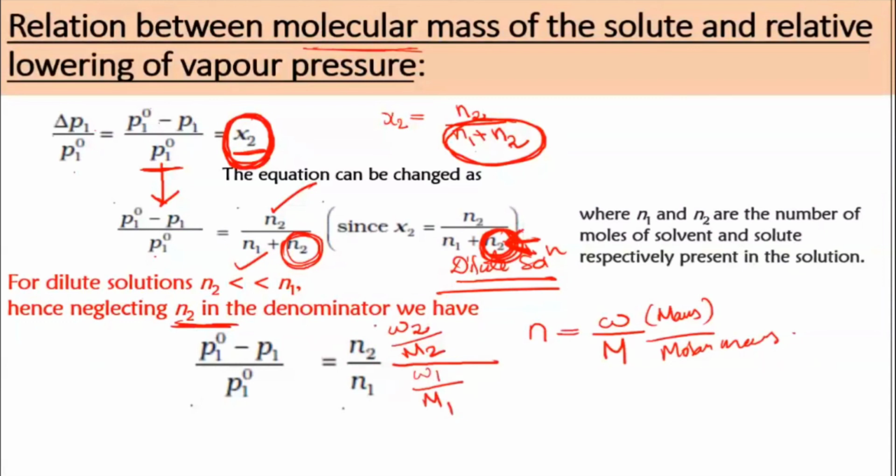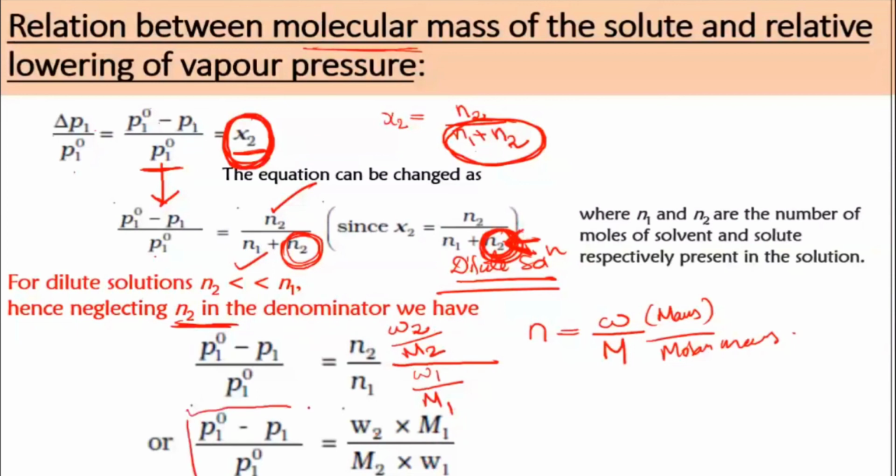So I have just substituted here. When you rearrange this, your equation will come out like this. W2 will stay up, this M2 will come down, and then this M1 will come up when you rearrange and write. Remaining down will be W1 in the denominator. So this will be the equation you are going to get in terms of molar mass and mass. This will be your final equation. This can be used to calculate the molar mass of the particular solute which you have added. That's how relative lowering helps you find out the mass. So this last equation becomes important for you.